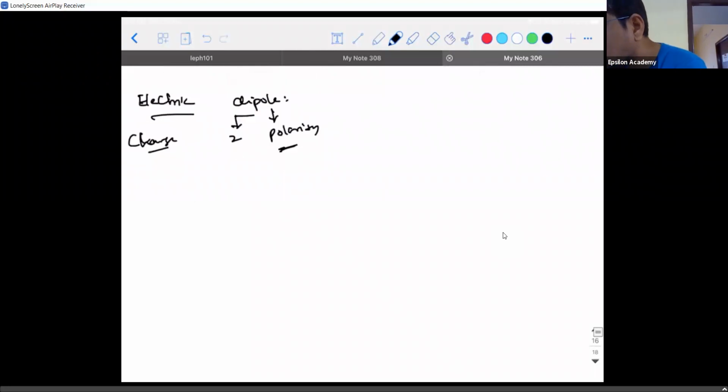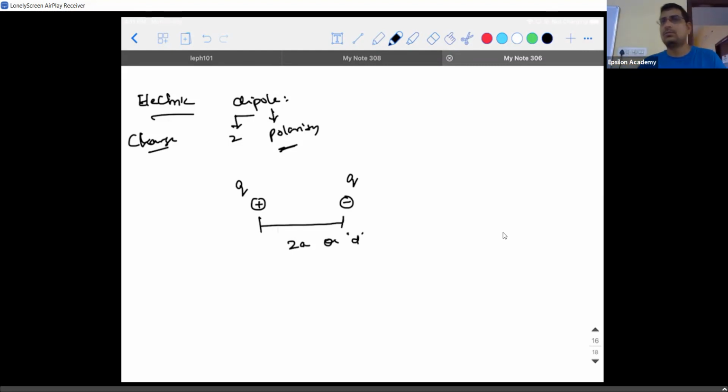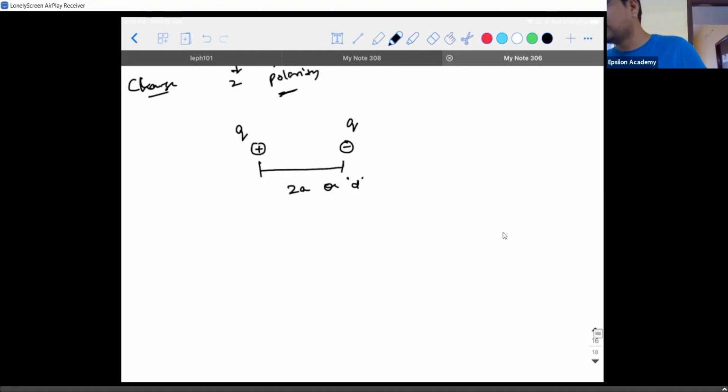Okay. So diagrammatically, it is going to look something like this: a positive charge and a negative charge. They will not be separated this far. Have this point in your mind. If the charge of the positive is q, the charge of the negative will also have the same magnitude q, but they are of opposite nature. Generally, the distance of separation between these two is represented as 2a, or some books give it as small d also, but generally we use 2a because for derivation purposes it is easy for us. You will understand the reason later. So this is how a dipole is going to look.